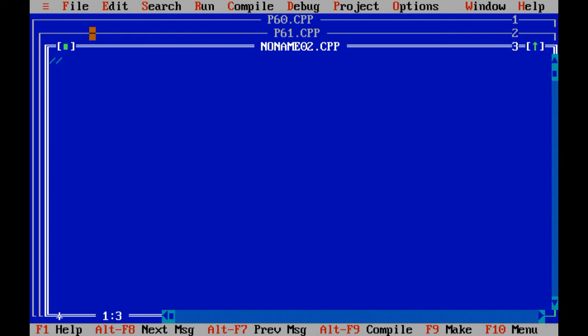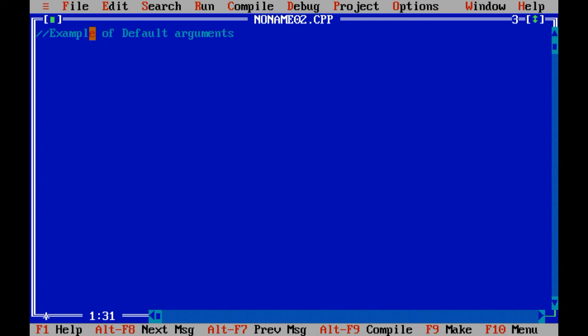Now it's time to show demonstration regarding the example of default arguments. #include <iostream.h>, #include <conio.h>, void main.